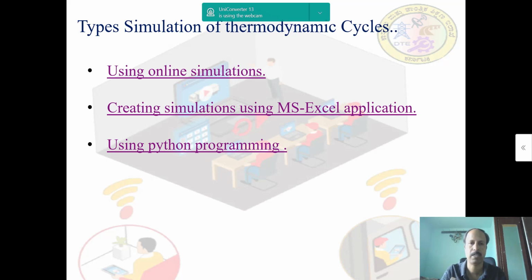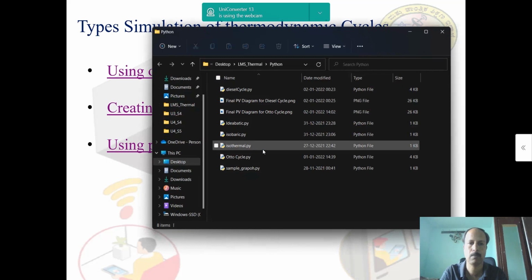You can modify it, or you can simply use it as it is. For that you need to click on this link, then you will be taken to such a page. This is actually on my computer itself, but in the next slide I have given the link to my Google Drive. You have to go to that Google Drive, download that program, and then run that program on your Windows machine.